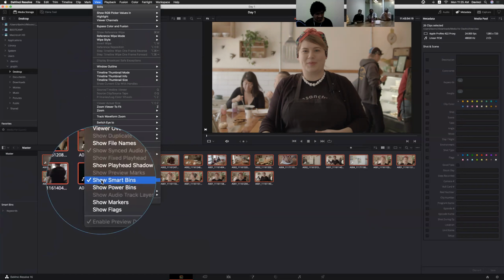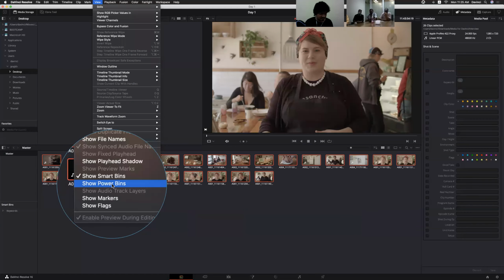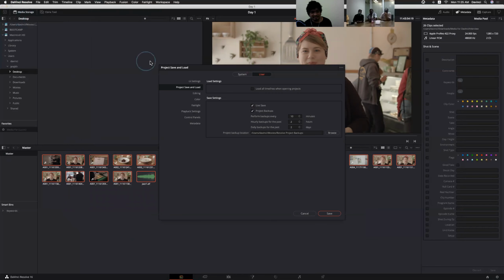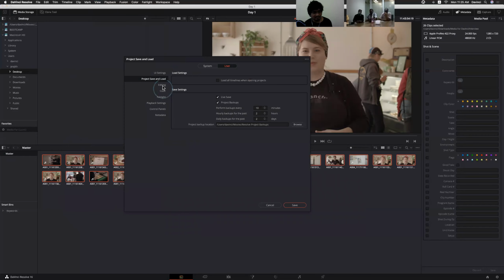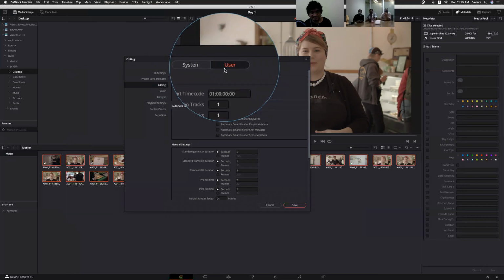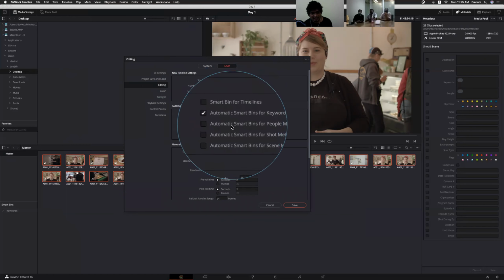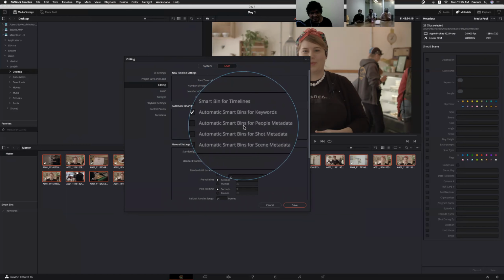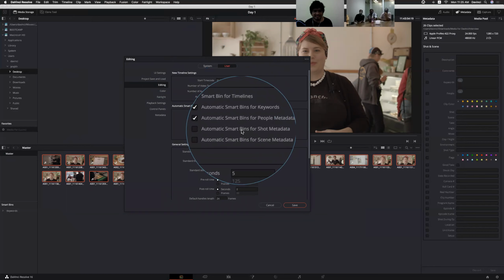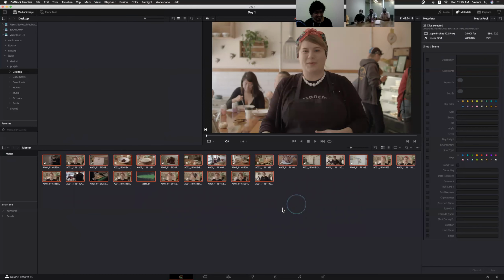It will be available in the user preferences: automatic smart bins for people metadata. Just click here, and same thing with the keywords and everything. Just click save. And now we can able to see the people option, right?